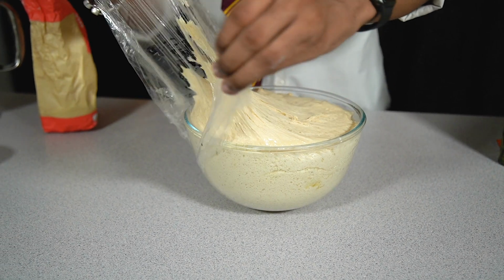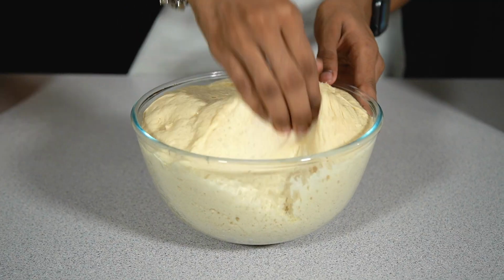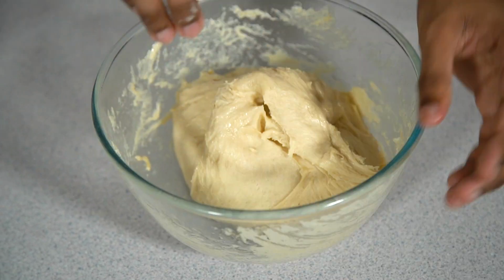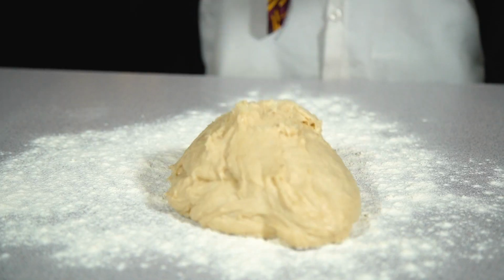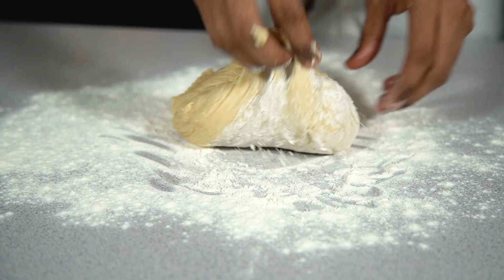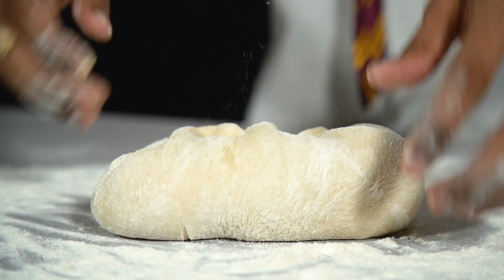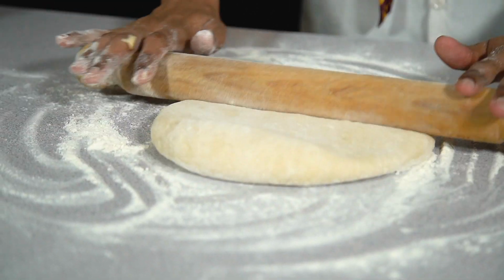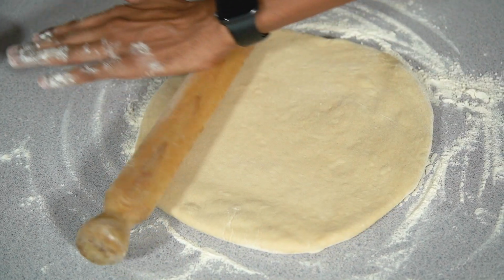To begin shaping your donuts, you want to knock back the air slightly by kneading it for about 30 seconds to a minute. Transfer it to a lightly floured surface and then give it another quick knead. I'm then going to take a rolling pin and roll that out. We want it to be about an inch thick, as remember we'll let them rise again so they won't come